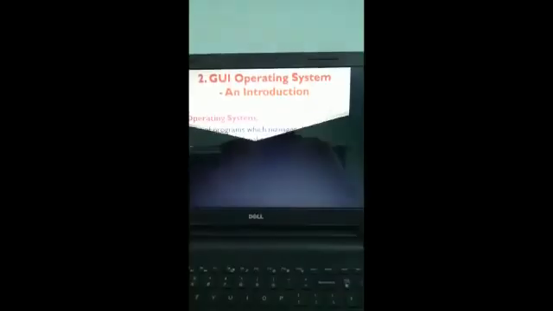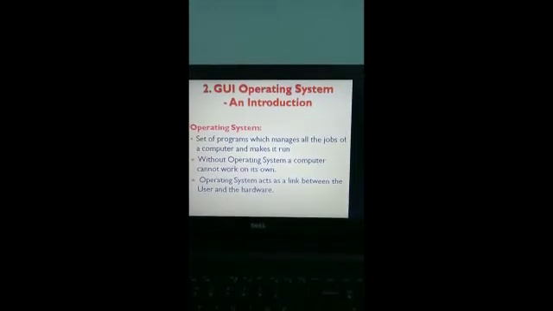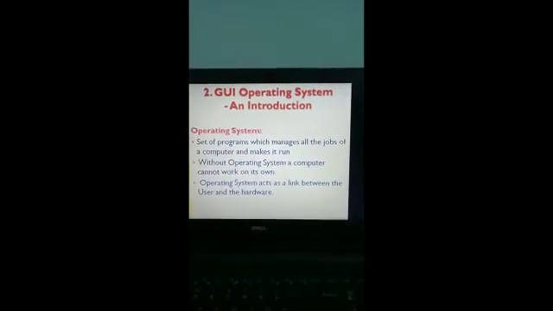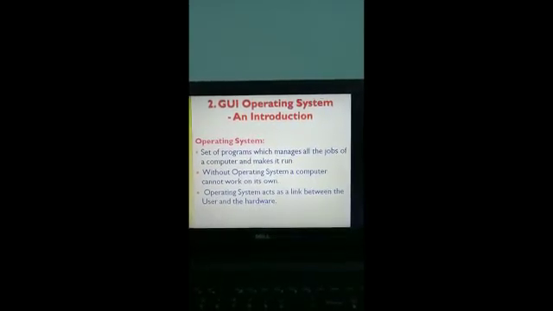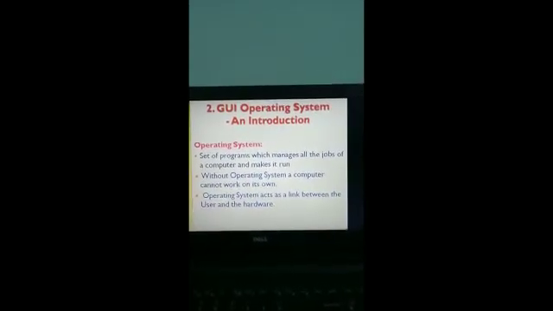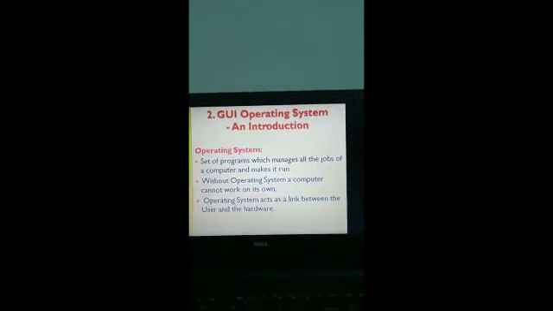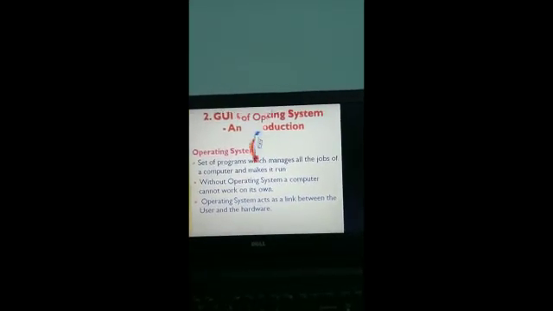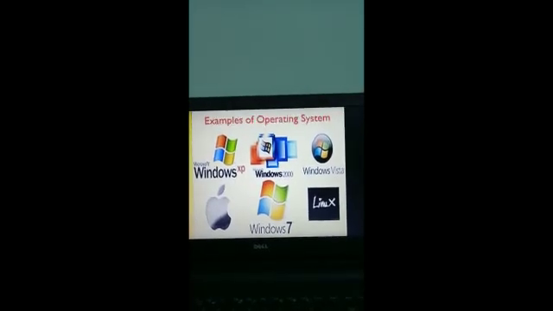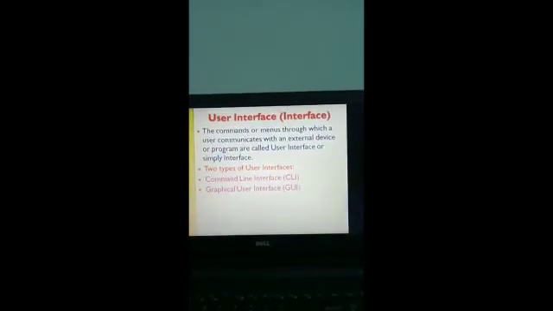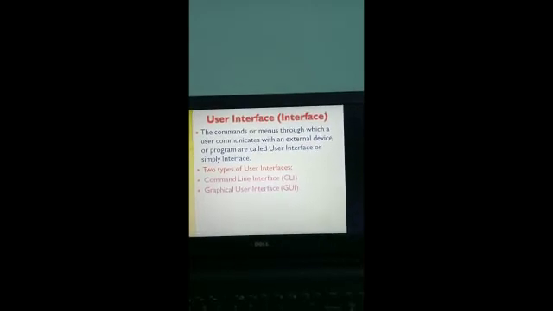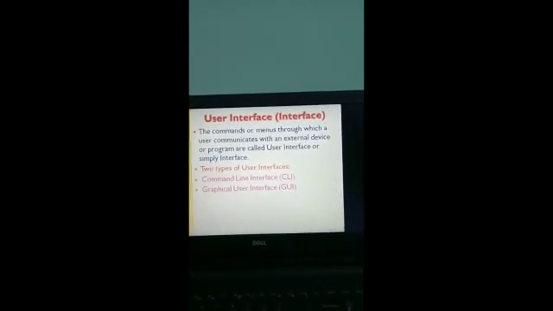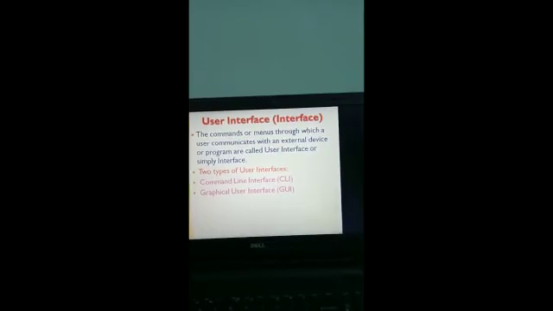So today up to now we have learned what is operating system. It is a set of programs which manages all the jobs of the computer and makes it run. And without operating system, a computer cannot work on its own. These are the examples of operating system. And in that we saw user interface means graphical user interface and command line interface.